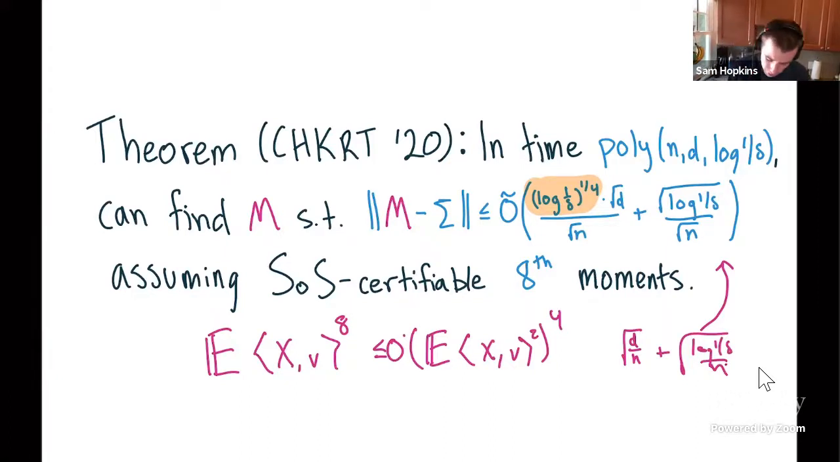We need to make an assumption, a slightly stronger assumption than Lugosi and Mendelson do. We need an assumption on 8th moments, and we need something called a certifiability assumption on those 8th moments. This is something Pravesh also alluded to in his talk. This is by now a sort of standard assumption in the robust and heavy-tailed statistics literature,